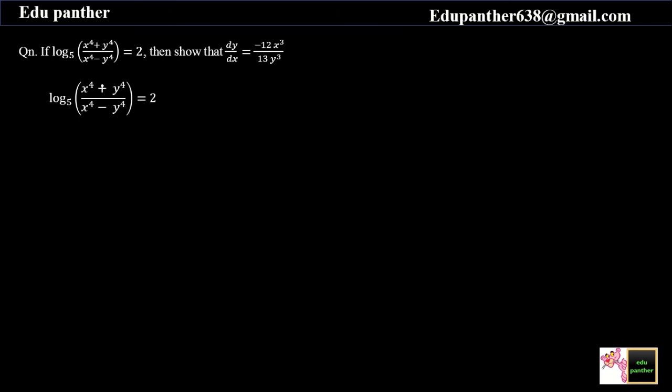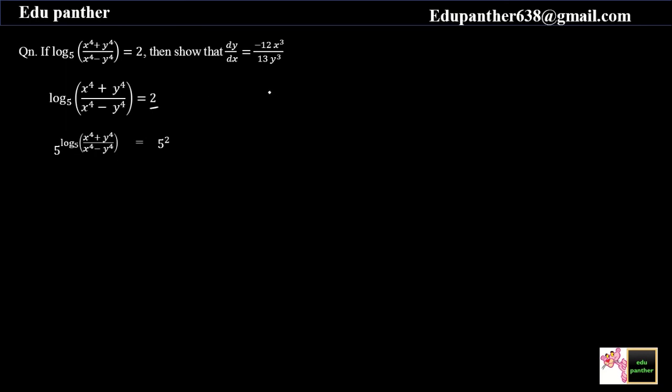Again see here, your left hand side is a variable term because it has some terms in x and y, but your right hand side is a constant number. So for this process, we have to shift this log to the other side, or we have to get rid of this log. Now how to get rid of log? Observe here, the base of log is 5, it is not e. So what is the inverse of log to the base 5? If the base is 5, then take every term in the power of 5. So it will be 5 raised to the left hand side is equal to 5 raised to the right hand side.